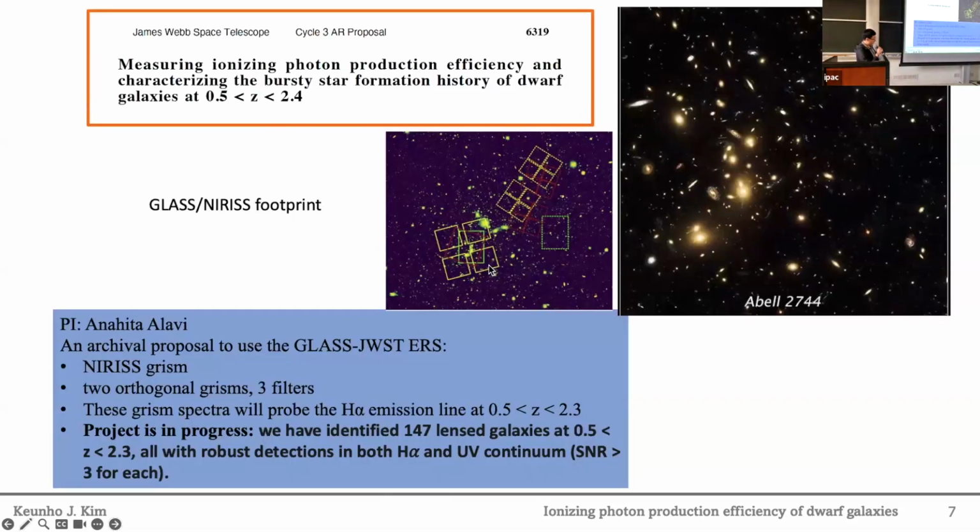This work is based on the JWST Archival Cycle 3 program led by PI Anahita Alavi here at Caltech IPAC. We use deep HST imaging and GLASS James Webb NIRISS Grism spectroscopy to measure Xi ion in galaxies at cosmic noon. By leveraging the strong gravitational magnification effect, our study extends to probe the faint low mass galaxies